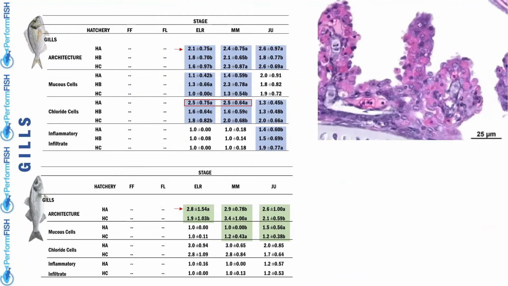Okay, let's analyze the data with respect to the different considered organs, in particular using the key. We can start from the gill. Due to the structurally poor differentiation of the gill in the first two stages, first feeding and flexion, the evaluation was carried out on the three other stages. In general, the scores are low, so the various indicators considered are mostly normal or slightly altered, with some difference between the hatcheries,